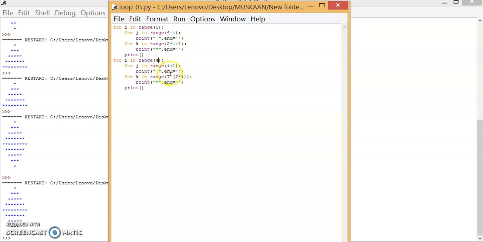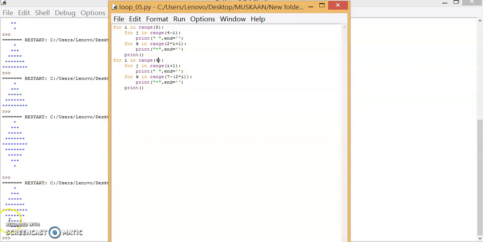Then how to build up the logic here: it is the first line, or the zeroth line, and the number of stars we want is 9, counting 1 2 3 4 5 6 7 8 9, and now it will be reduced to 7, because we are cutting off one star from the front and one from the end, so we get back to 7.